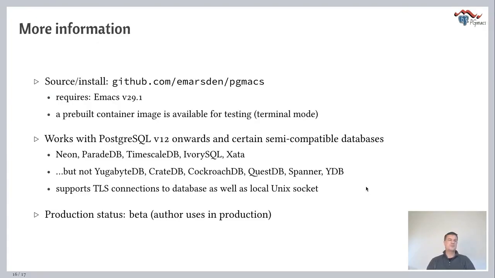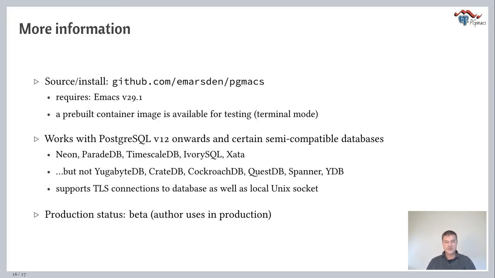So to conclude, the source and installation instructions for PGmacs are available on GitHub. It requires Emacs 29. There is a pre-built container image which you can use for testing. That's a Docker image. It only works in terminal mode. And of course, that's a recommended way of testing some Emacs Lisp code that you load into your Emacs before having read it. It works with any recent version of Postgres over the past 10 years, including the latest release,